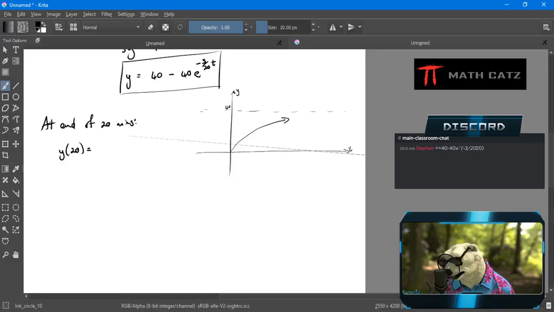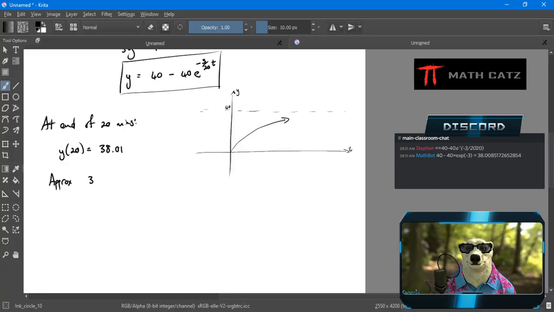MathBot says 38 point, let's go 0.1 if we round to 2 decimal places. So approximately 38 pounds of salt